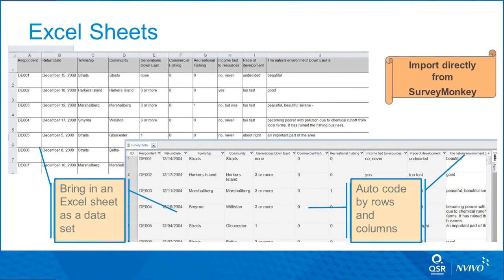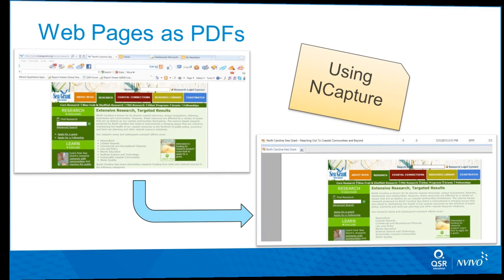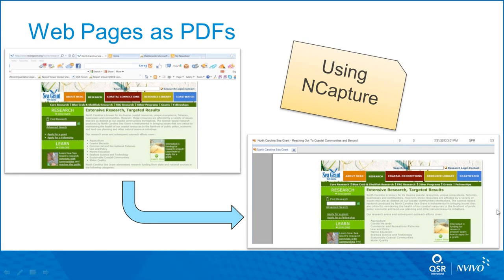If people are working with surveys, for example, if you have your survey data in the format of an Excel spreadsheet, you can import that in as a data set import. You can also take the columns and decide whether you want them to be codable so that you would be able to code the data that is in that particular column. It comes in as text-based data, or if you may want to use it as attributes or demographic type data, you can bring it in as a classifying column